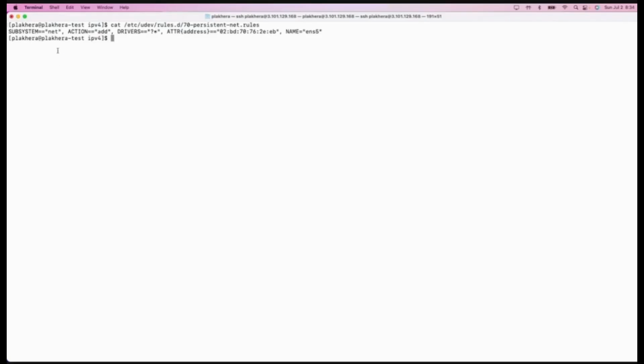The rules inside UDEV might sometimes be really complicated. In the past, I've spent hours and hours trying to debug a customer issue where they had created some really crazy UDEV rules. But let me try to explain it to you guys in the simplest terms. Here we are saying the subsystem is net, or network. The action is add. Your driver can be anything. And this attribute is the hardware address for the particular network interface card. So basically, if this hardware address